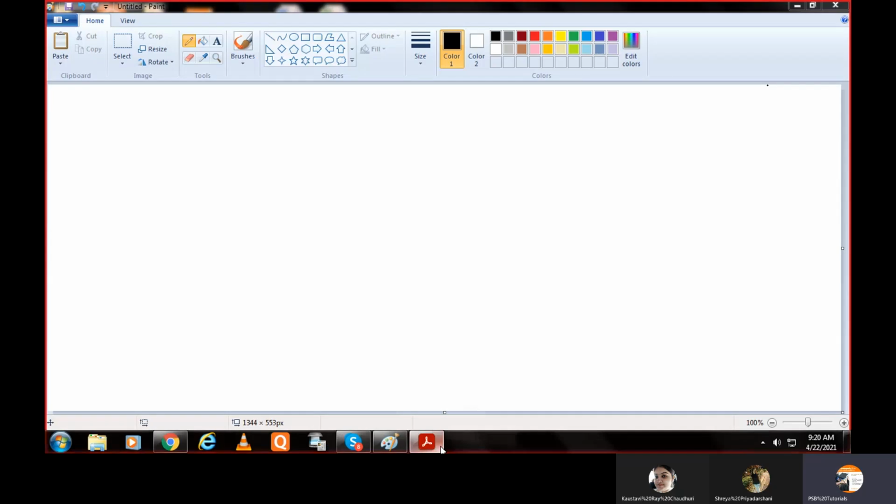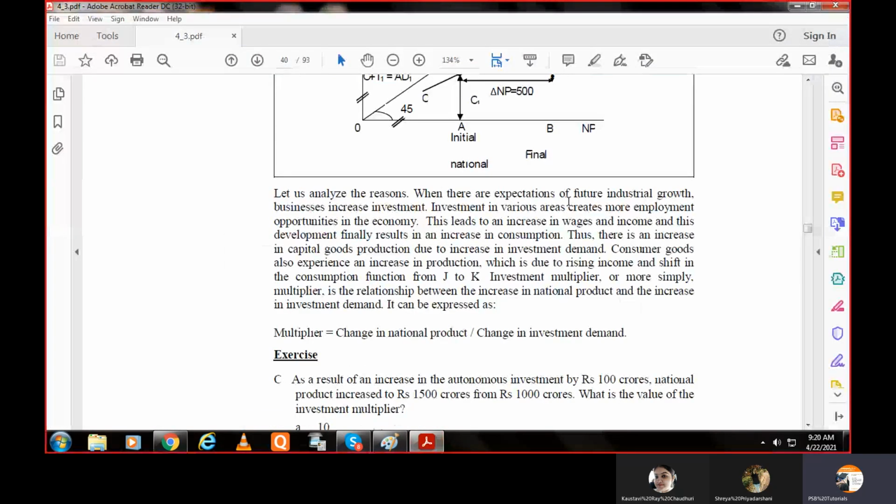So today let us start with the multiplier function. Now multiplier function means what? What is multiplier in an economy? As we all know that an economic equilibrium exists, or if we have to understand the economic equilibrium, what we will do,